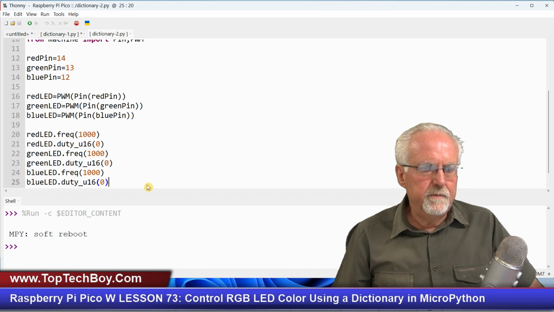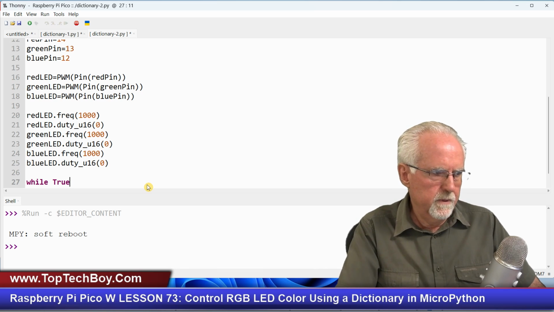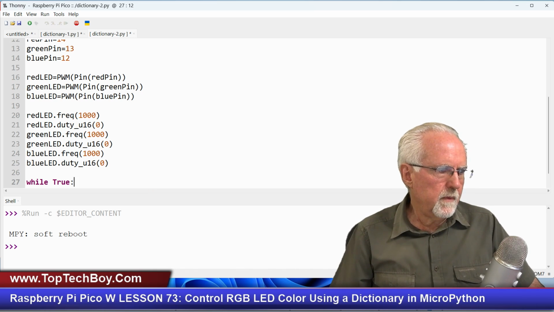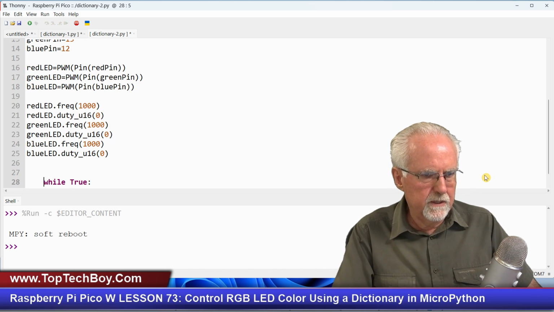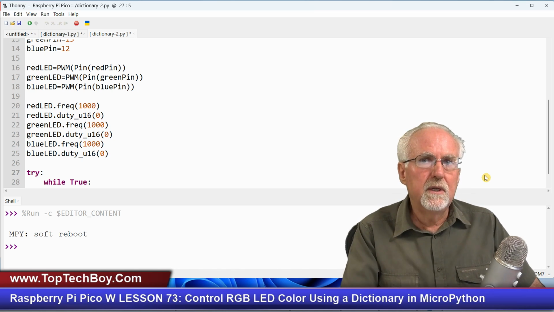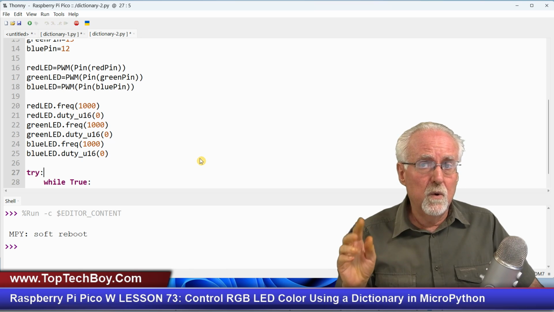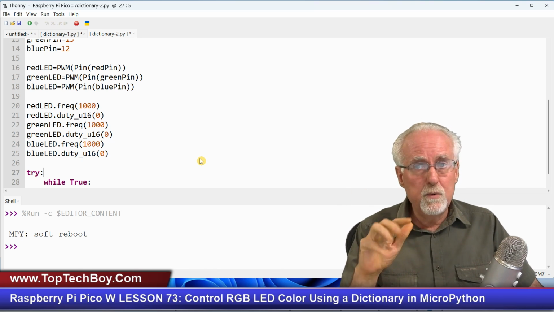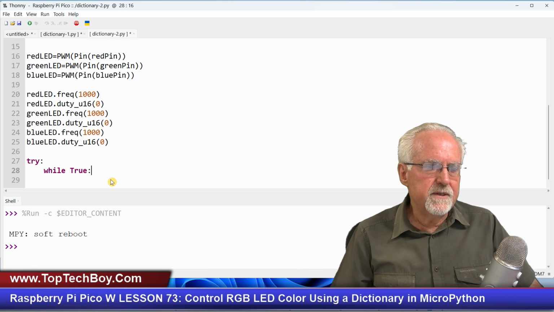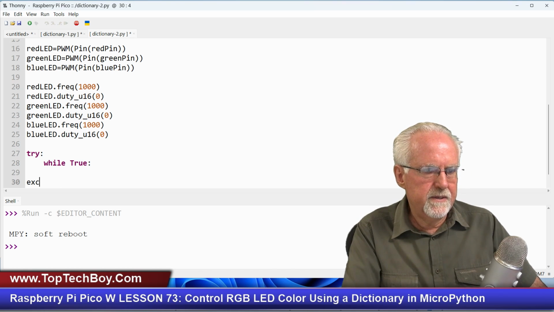Okay, now what I need to do is, in my main while loop, while True, just for good practice, I'm going to set up a keyboard interrupt, because that's something we learned how to do last time, where we're going to put the while loop inside of a try, and this will allow us to do a Control-C to exit the program. This isn't really using threading or dual core, so if you just hit the stop button or if you rerun, it works fine, but I think it's good for us to get practice of doing the stuff that we had done before. And then what we can do is we can do an except, and then keyboard